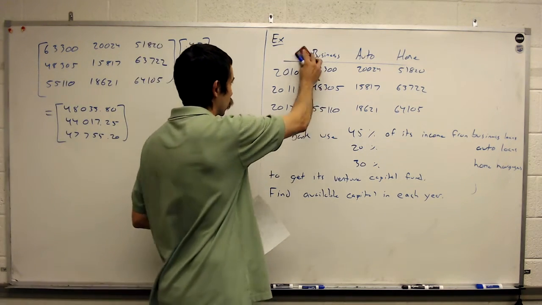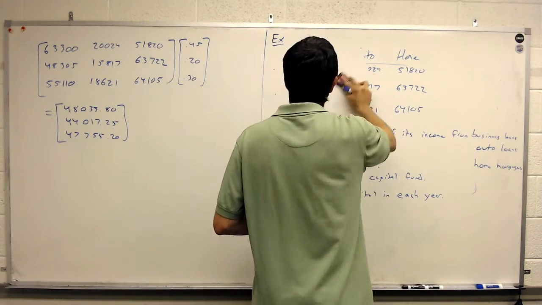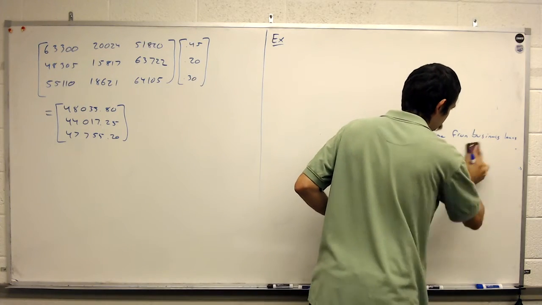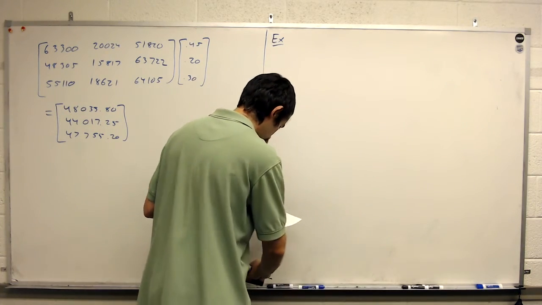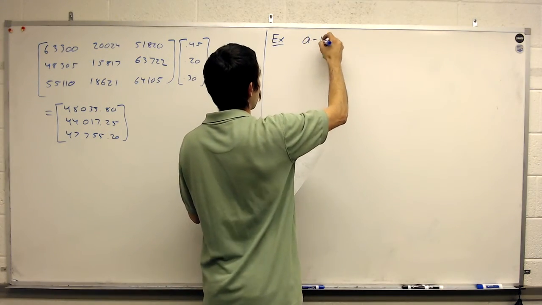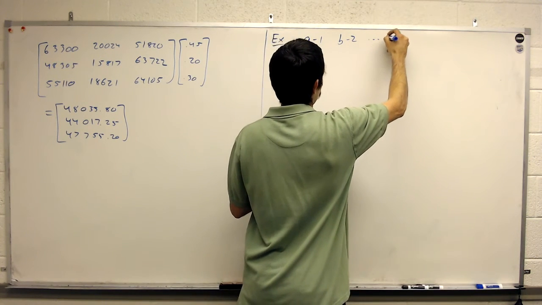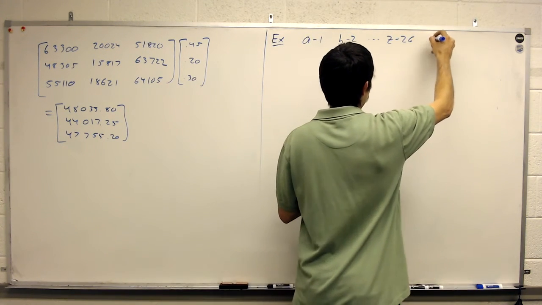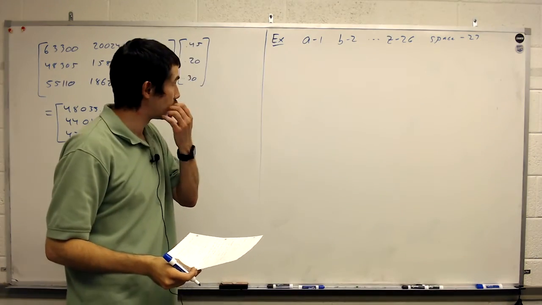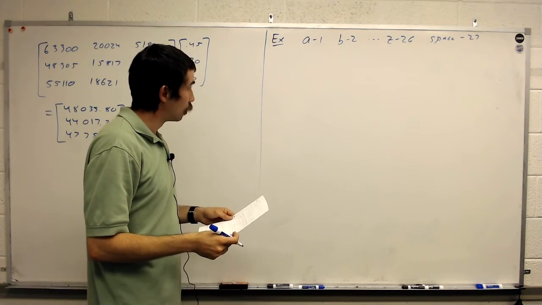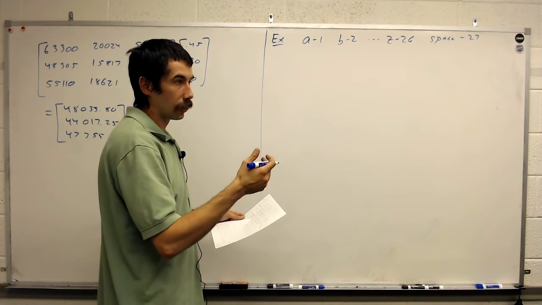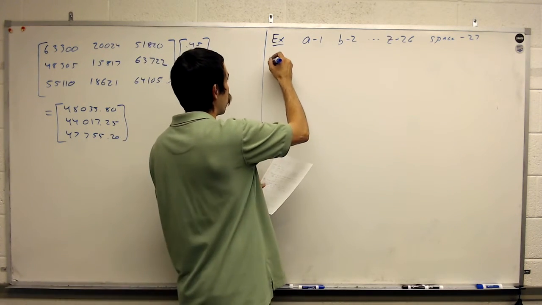One last example I want to look at is using matrix multiplication to encode or encrypt messages. Okay, and so what we're going to do is we're going to say like A is the number 1, B is the number 2, Z is the number 26, and space would be the number 27. All right, so if we take all of our letters and replace them with numbers, we can encode a message using matrix multiplication. So let's say our encoding matrix